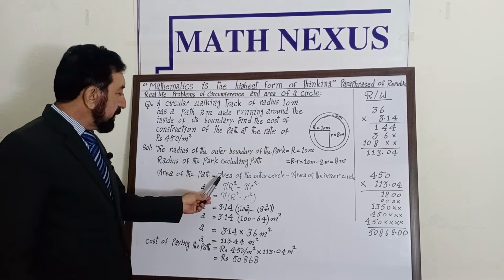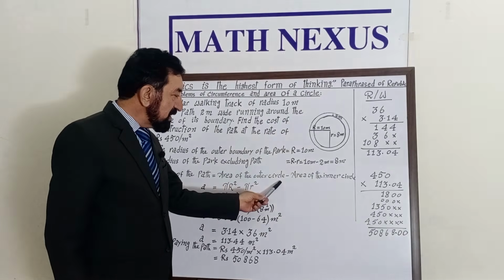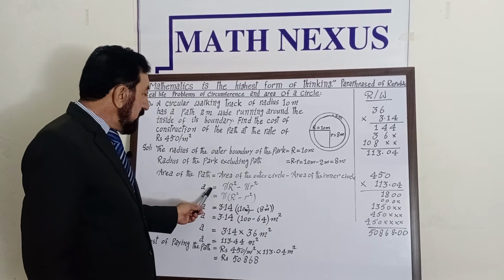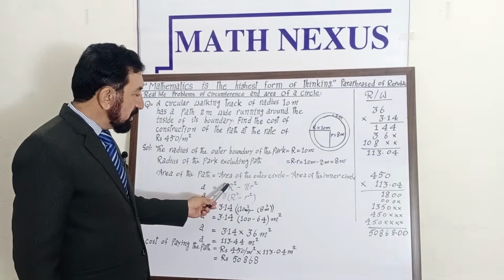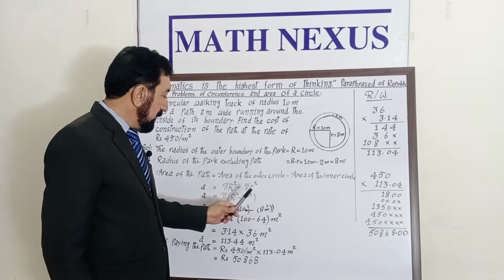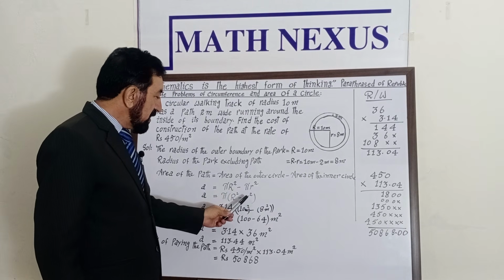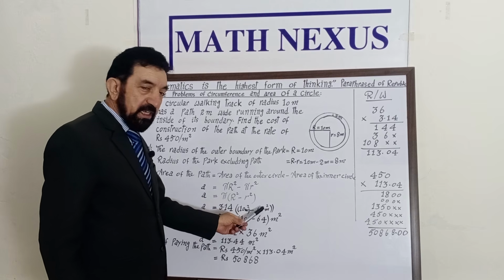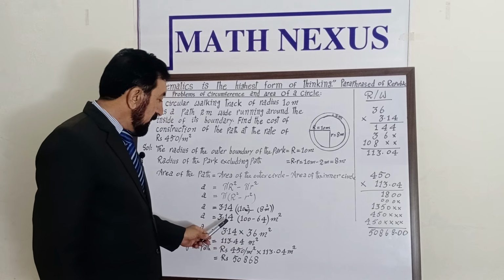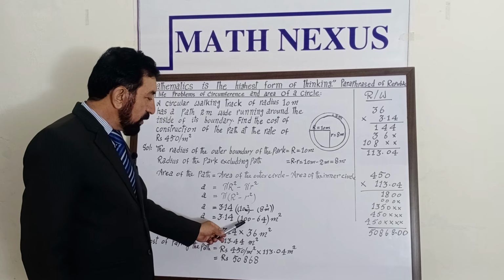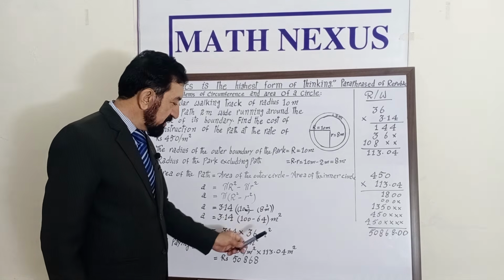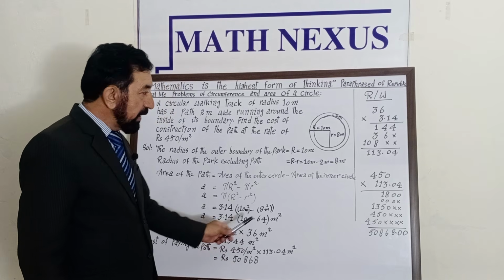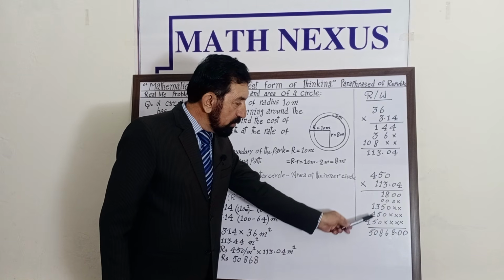Now area of the path is equal to area of the outer circle minus area of the inner circle. A equal to pi capital R square minus pi small r square. Pi into R square minus r square, 3.14 into 10 meter square minus 8 meter square. This is equal to 3.14 into 100 minus 64 meter square. This is equal to 36 meter square. 36 into 3.14, this is equal to